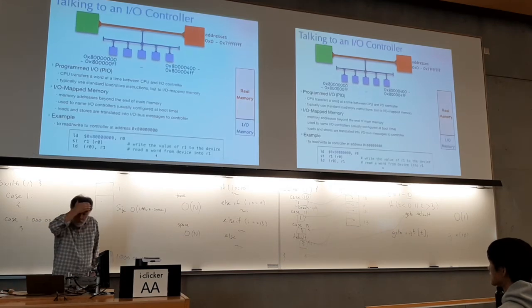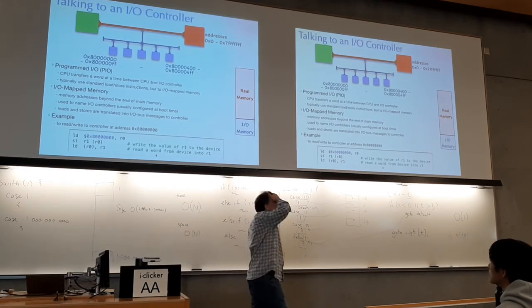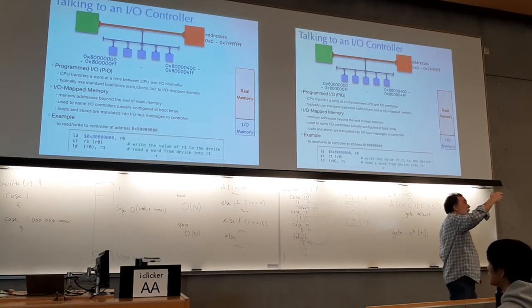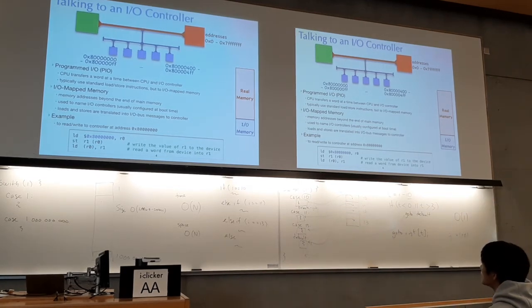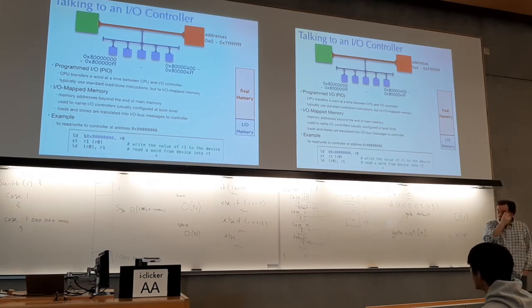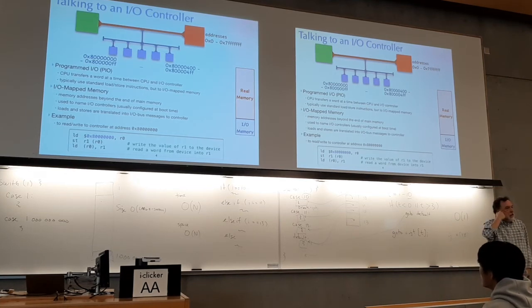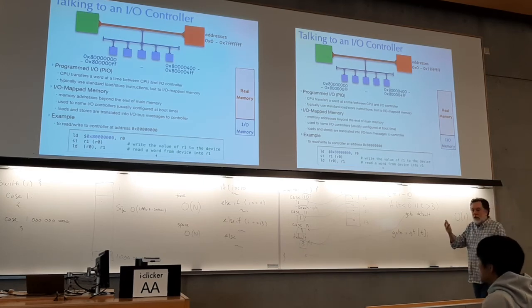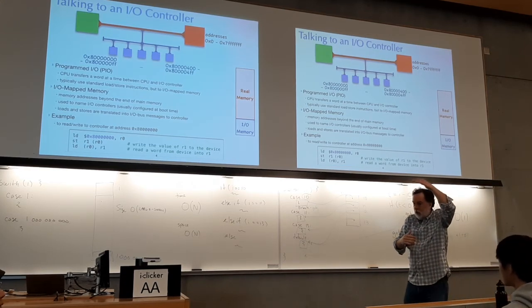So, the most basic thing: I want to write into a program the ability to communicate with an I/O controller, to send it a message, and to receive a message from it. In this case, we'll start with messages that are a single word. It could be a quad, so 8 bytes, or a long, 4 bytes, something like this. Single word, back and forth. And the question is, how do we do this? So right now on the CPU, I have a program, and the program needs to do this, and the program's written in